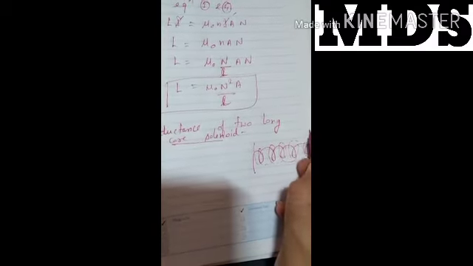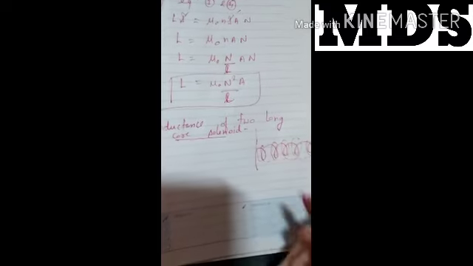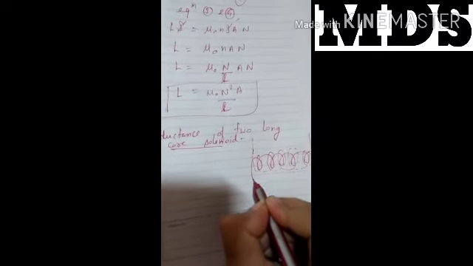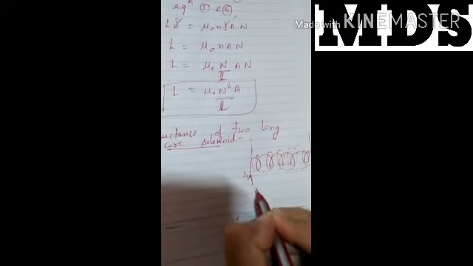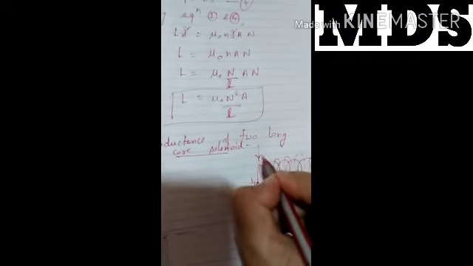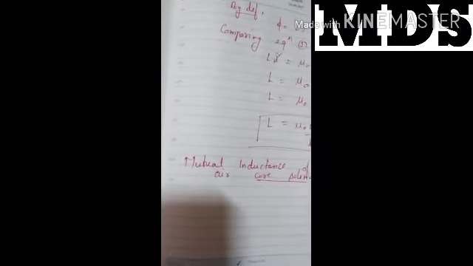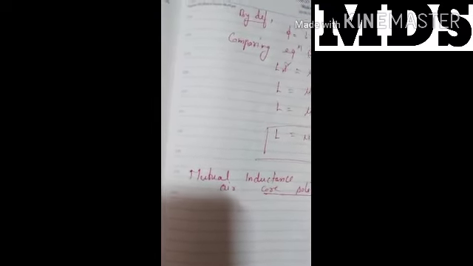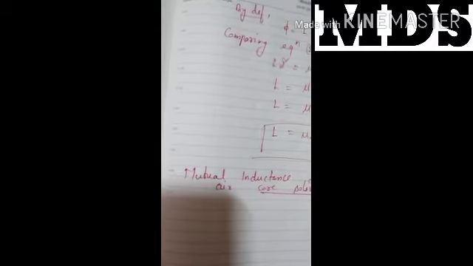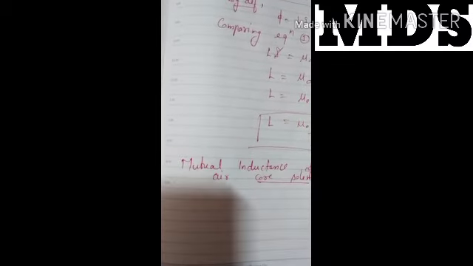This one is the second solenoid. Clear? Here we can write the current in this one, I1, is acting here; S1 is this solenoid, and this one is the S2 solenoid. There are two solenoids. Mutual induction is the production of induction due to the neighboring coil. If in one coil we pass a changing current, then in the second coil an EMF will be induced. That is mutual induction.